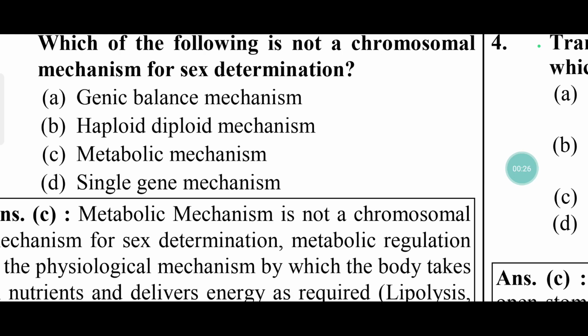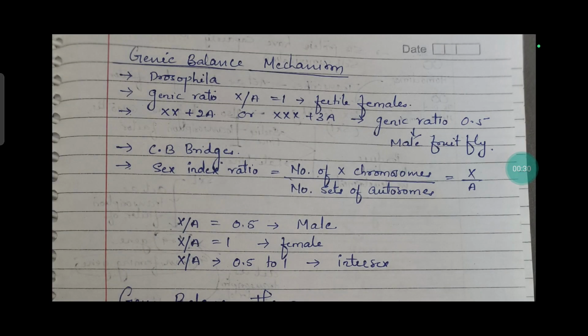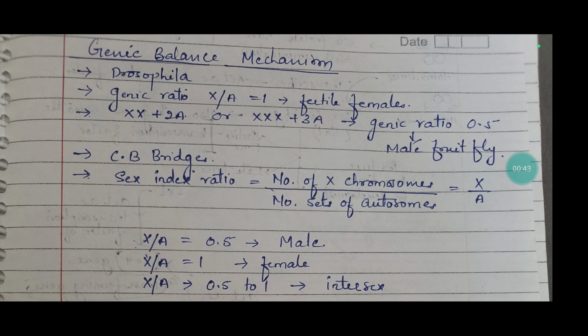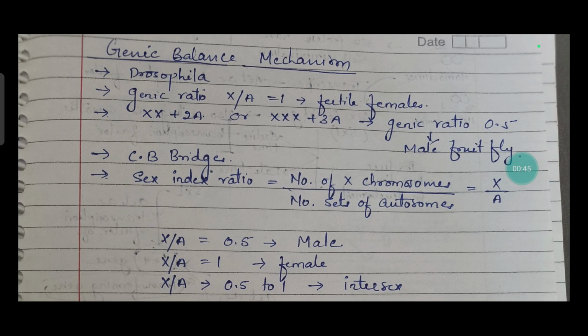So let's come to discussion of the answer. According to our options, first option was genic balance mechanism. So listen here about the genic balance mechanism. Yes, it is a sex determination mechanism. We had already learned that this is applied in Drosophila, and how we can determine,